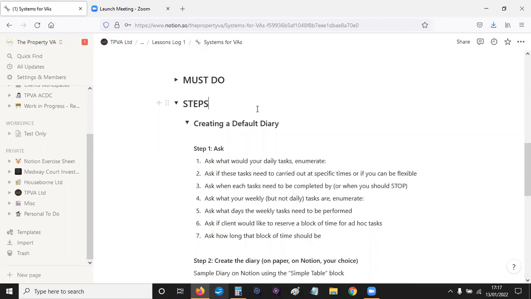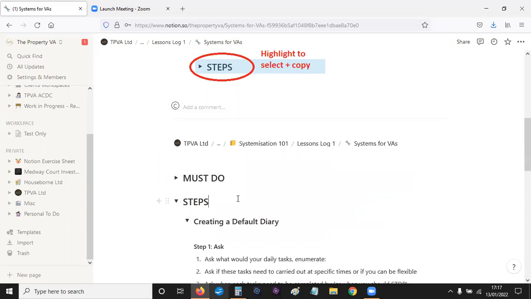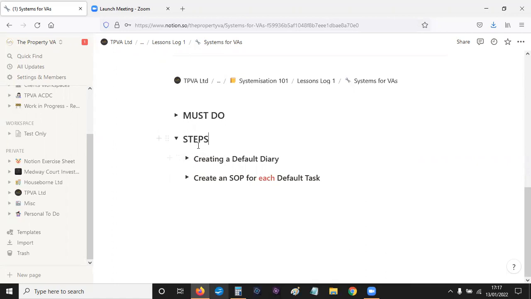Each of your VA workspace pages on Notion currently only has the must do. I've asked Angela to update all of your notes on Notion so that you have this new and additional content, the exact steps and what you need to do. So we've got here, just to recap, that you need to do 2 things when you start working